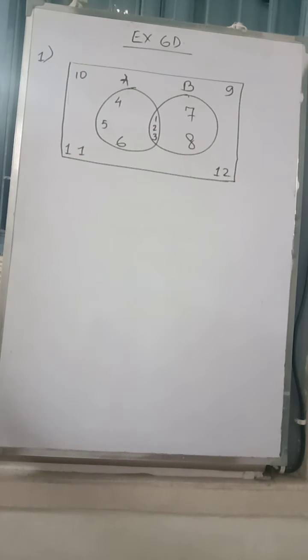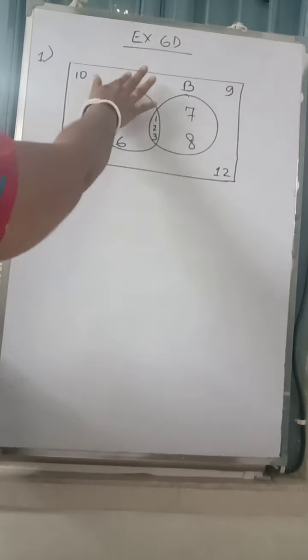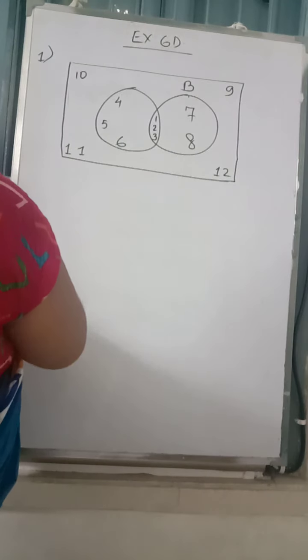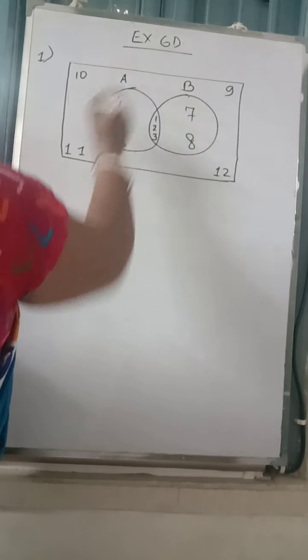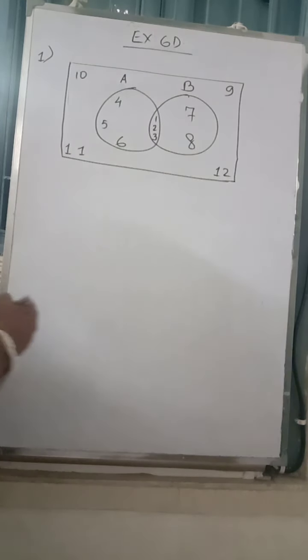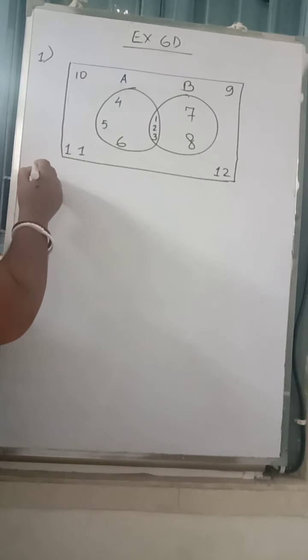Now, when you draw this diagram, you must use your scale and compass. I have not used them on the board, but it does not mean you are not going to use the scale and compass. You have to use scale and compass to draw this Venn diagram. Is it clear? Now, once the Venn diagram is constructed, you have to observe this figure and write the answers